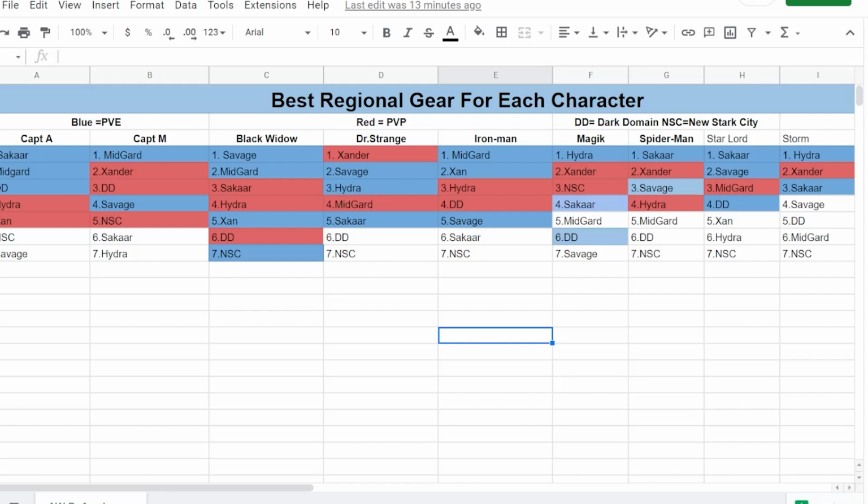Number 1 set for Captain Marvel, Midgardia. Midgardia, kind of just like Sakaar on Captain America, is great for both PvP and PvE. It's only marked blue for the simple fact that it has crit rate, and it boosts her photon skill. Her photon skills are kind of her big lasers and things of that nature. So now we have